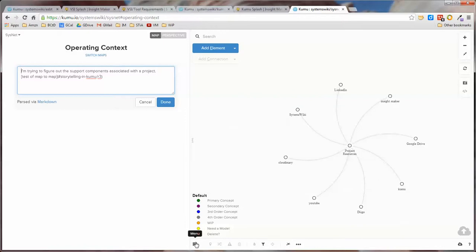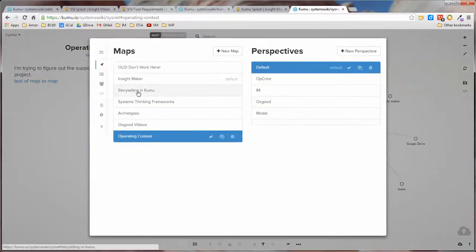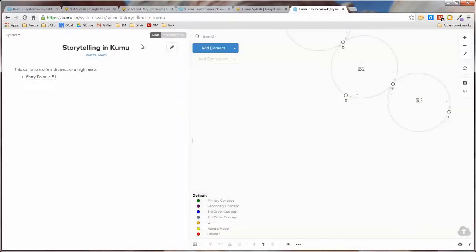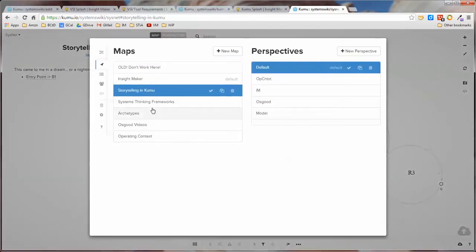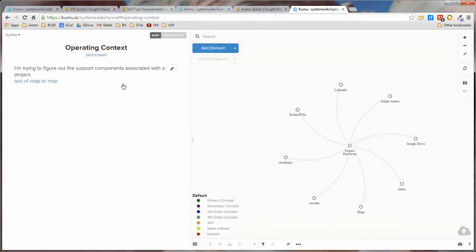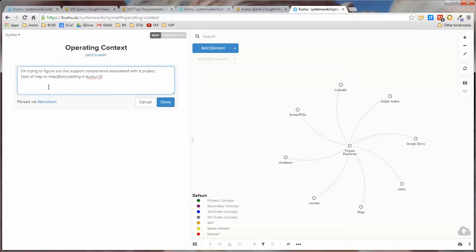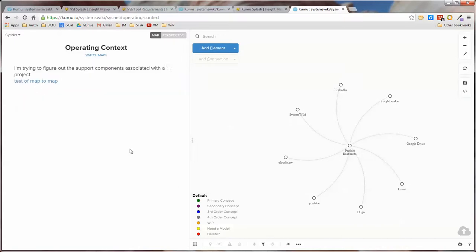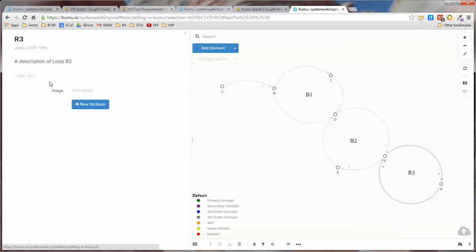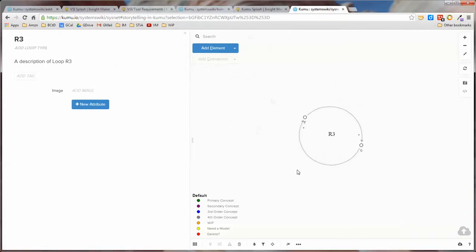If we go back and look at that particular map, notice that the name of the map is storytelling in Kumu, and R3 is that loop in Kumu. So what I've done is I've created a link in this particular map that goes to that map and that element in it. So if I now click on this, it will take me to that map and it will